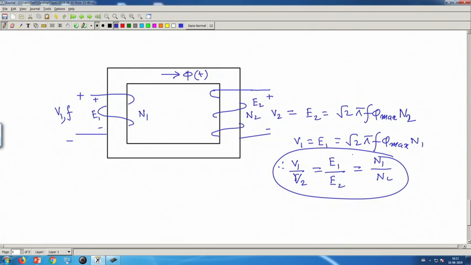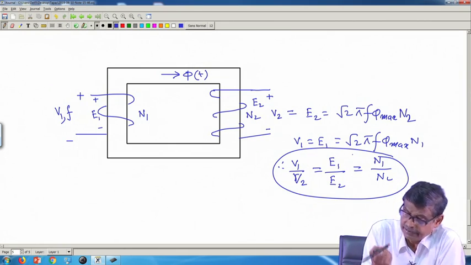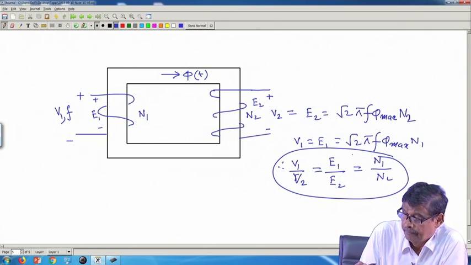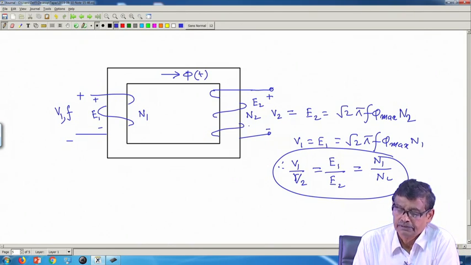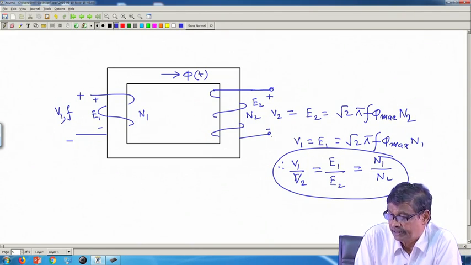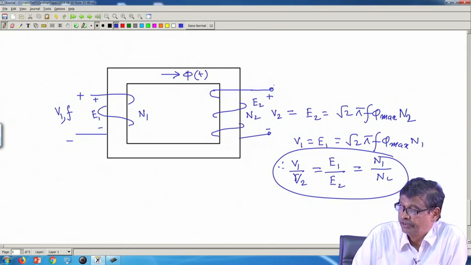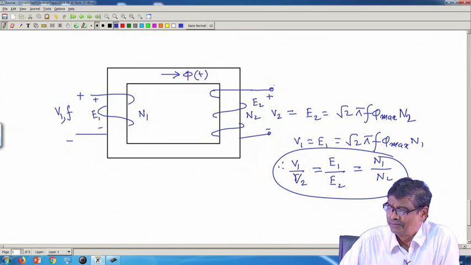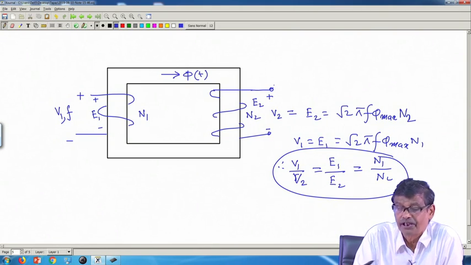That is the thing, but I was discussing the polarity of this induced voltage, the instantaneous polarity. If at any instant of time this is plus, this terminal has to become plus. No way. The other possibility, that at that instant this is plus and this is minus, will violate Lenz's law. And the ratio of this voltage is this one, and from this many things can be told. It is merely the ratio of N1 by N2.